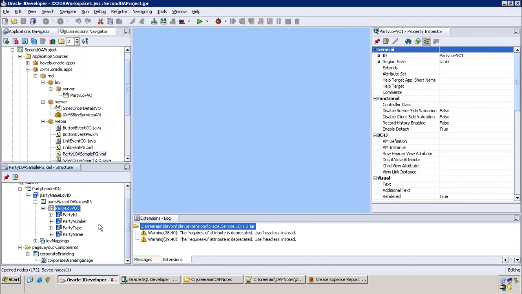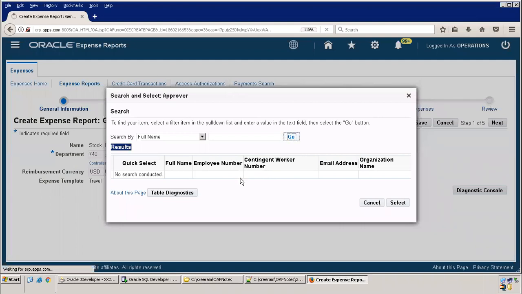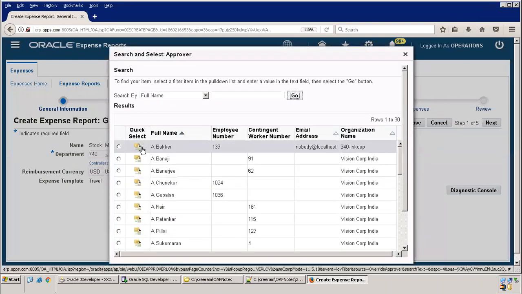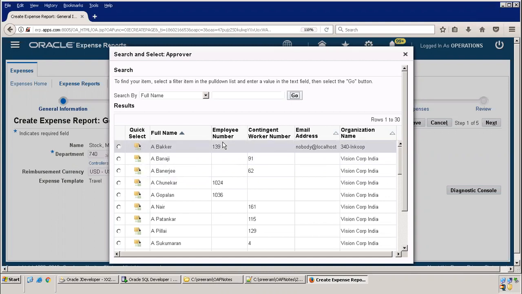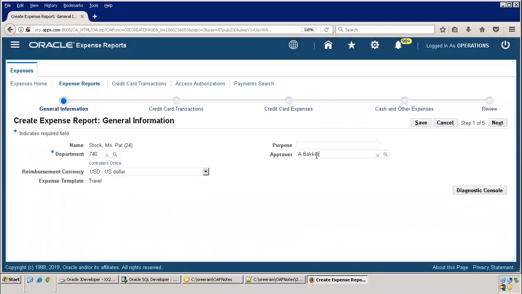Okay. Now the next thing is, let us say I'll just say search. I'll just select a particular value. When you select a value, here there are like 1, 2, 3, 4, 5 values. You have a record, and in this particular record you have 5 columns. But which value do you want to represent in the value? Now I'll just select this first record, quick select. It shows back. So now what is happening? Out of 5 columns, there is only 1 column which got returned to this particular LOV component. So that we have to mention in our LOV mapping.